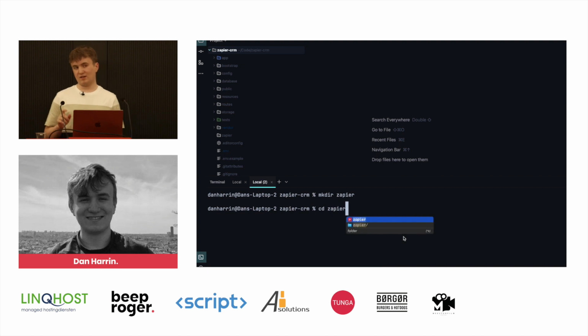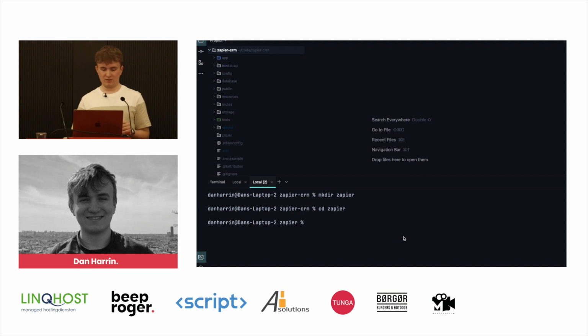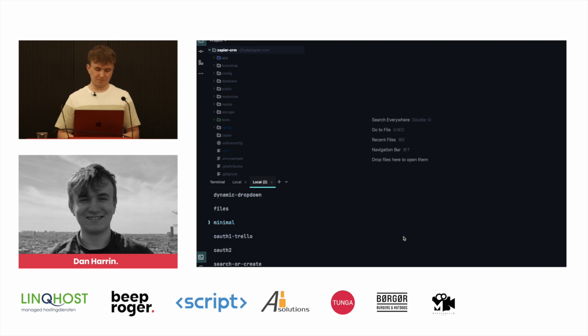Now, Zapier has a CLI tool that I mentioned, and we can use that to scaffold a new Zapier integration right from the command line. So it's going to be the Zapier command init, and we're going to use the current directory. Now, what this presents us with is a set of templates that we can choose from. Now, a lot of these are based around which type of authentication you want to use. We're going to choose OAuth 2 because that is what Passport will use.